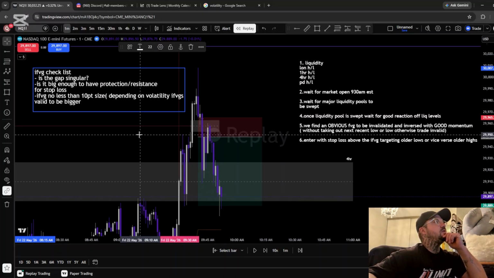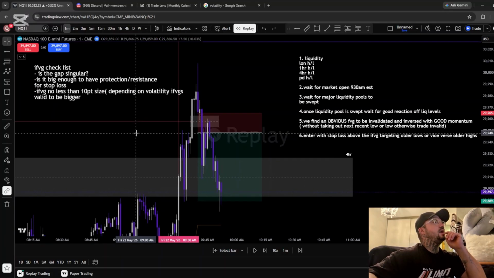And no less than 10-point size gaps. Otherwise, you're just looking to get cooked, unless you want to put your stop above the high or the low instead of just having it above or below the gap. That'll work as well. And yeah, so a little extra sauce